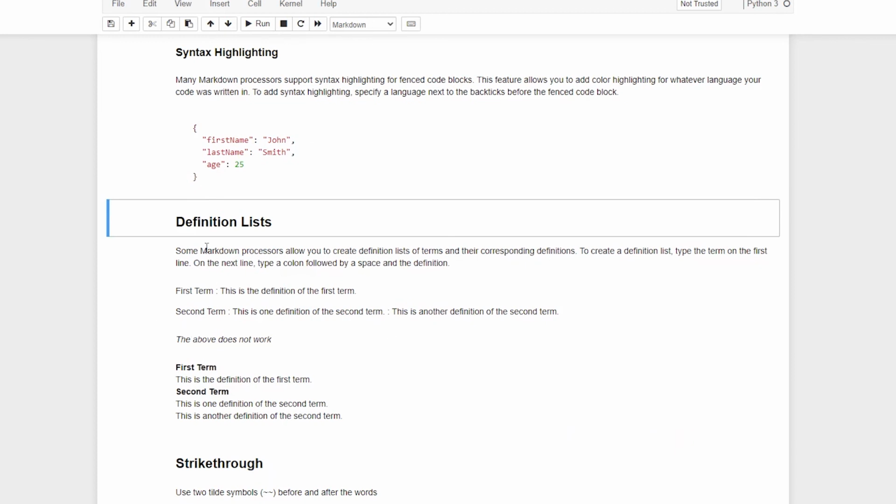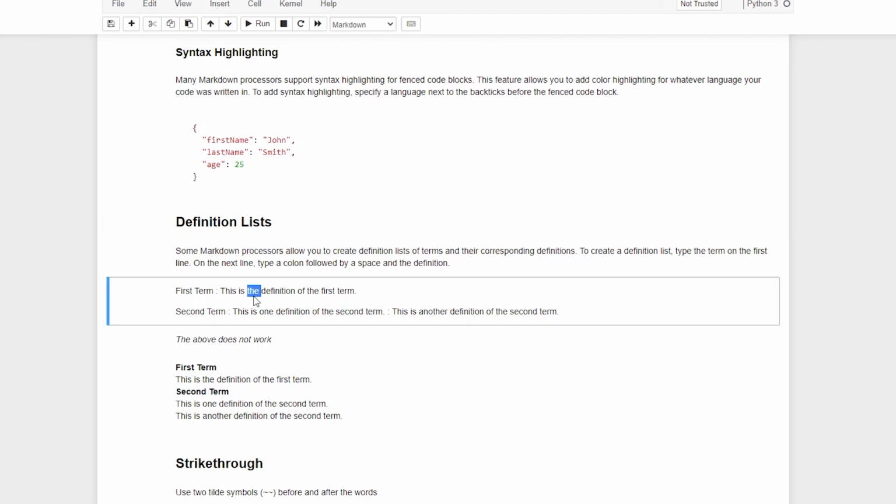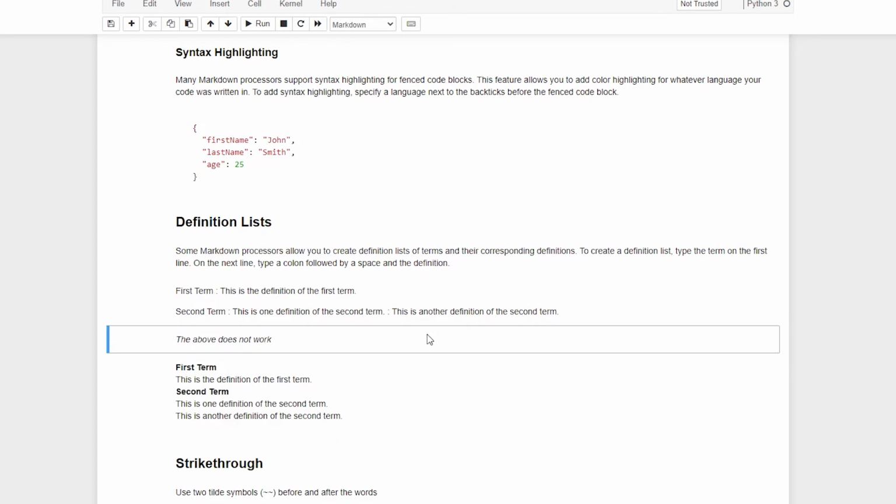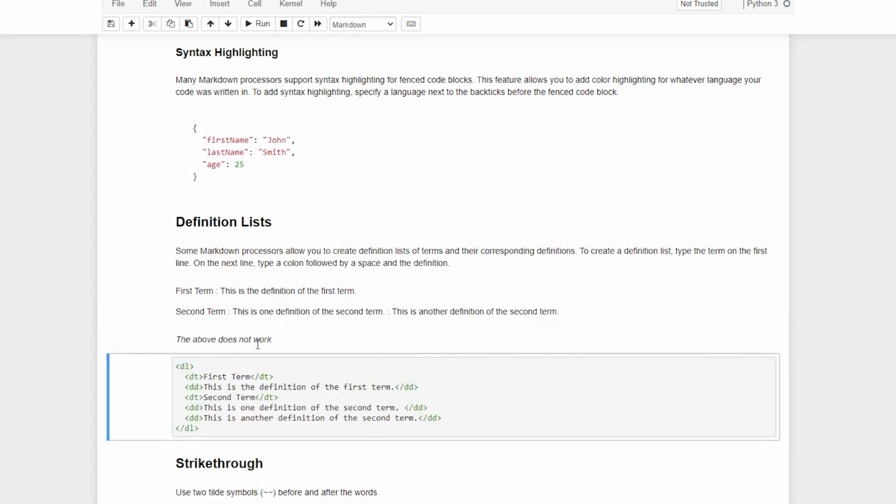The definitions are very similar to the actual output. You can see the definitions over here. These are kind of a list, but more with a heading and then some content below it that belongs to that particular heading. Now if you do it with the markdown, for instance, the actual markdown to do this is a colon separated by space, then the heading. But this actually doesn't work. I tried it, but you see it doesn't work. But if you do that in HTML, this actually works.